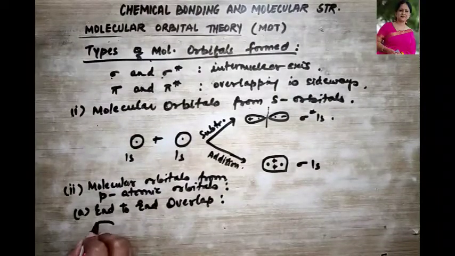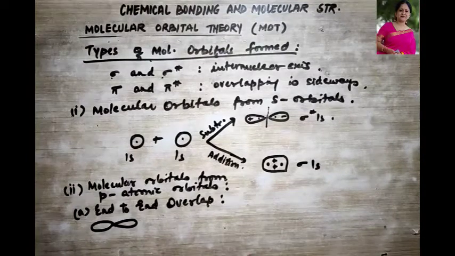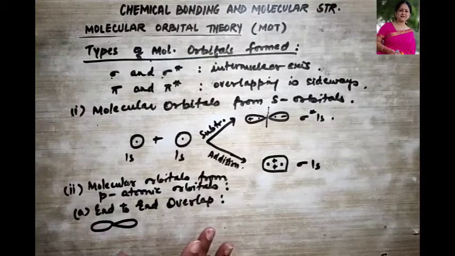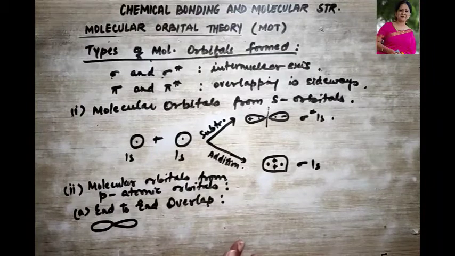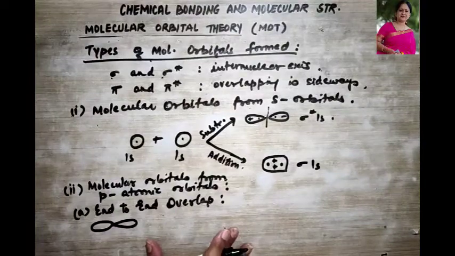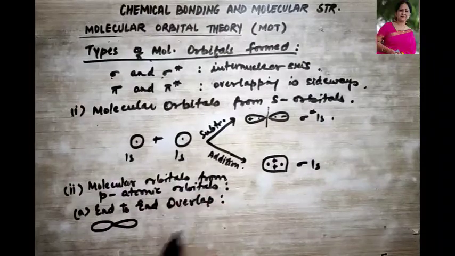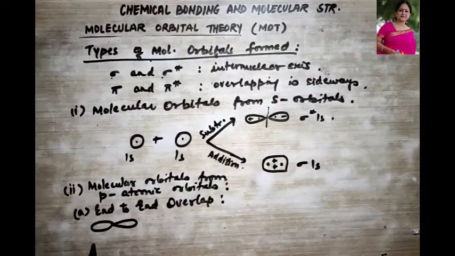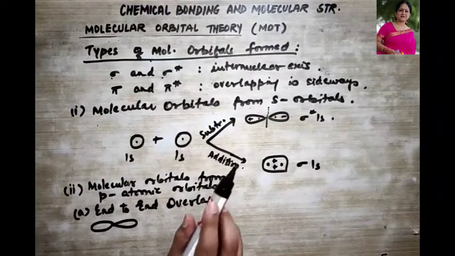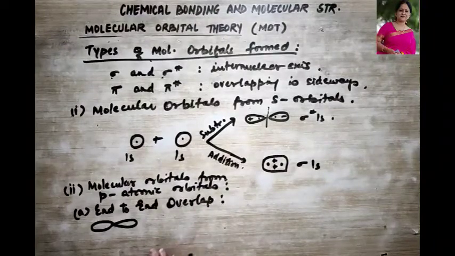Do you remember the different shapes of the atomic orbitals? If not, then for s they are spherical, for p they are dumbbell in shape. We get px, py, pz. For d orbital it is double dumbbell in shape. So all that I will be explaining you just now.